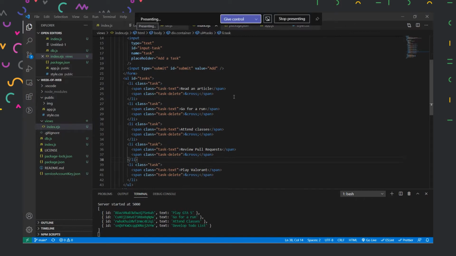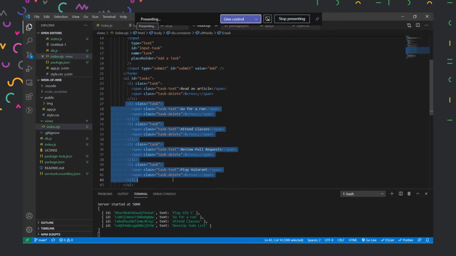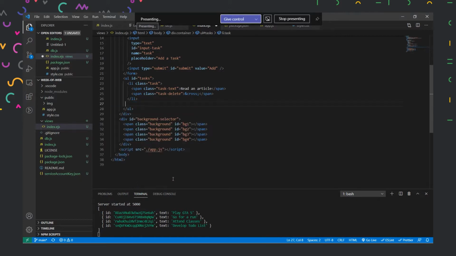So with this, instead of having so many li tags, we can just loop over it, right? Since we don't have a scripting language now, we have a programming language. We have the power of JavaScript now. So we can use functionalities like if else, loops, and functions. All these things can be used here now. So now we will use a loop over here. Let us create a for loop.